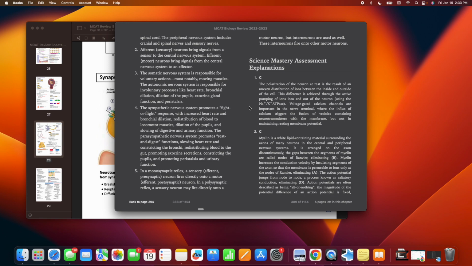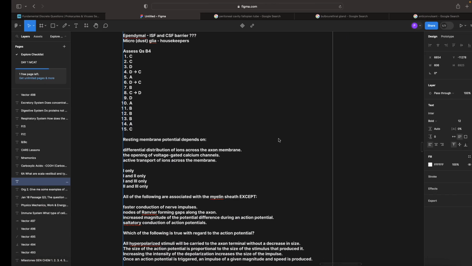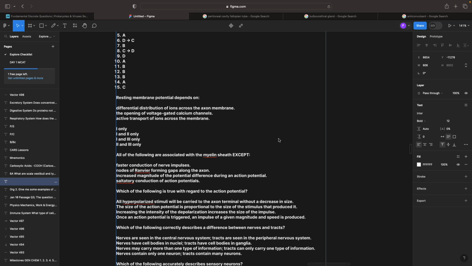So both the ATPase active transport of ions across the membrane, the sodium potassium pump, and the sodium potassium channels, give you the differential potential across the axon membrane. That's what matters, and creates this negative 70 millivolts voltage. Second question. All the following are associated with the myelin sheath except, we answered this question correctly, increased magnitude